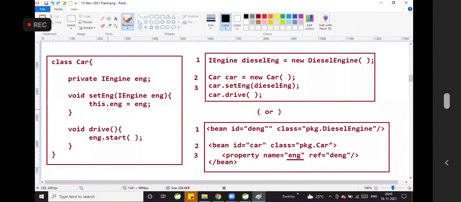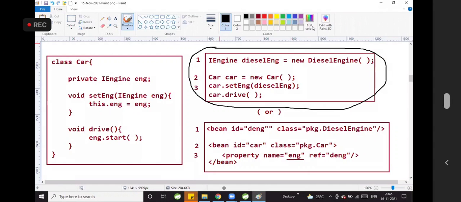Okay, void setENG(iEngine engine): this.ENG = engine. In the drive method, engine.start(). So by using this ENG variable, we are calling the start method. Yes or no? That means for that ENG variable, some object should be injected. Okay, here if you see this programmatic approach,